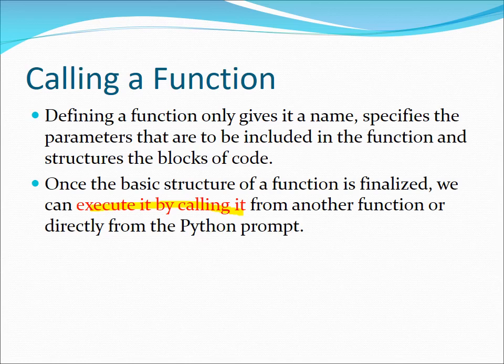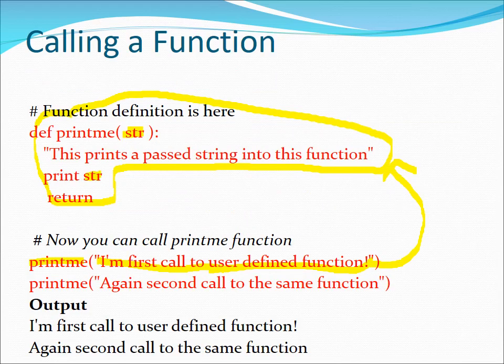So how can you call a function? Once the function is defined, we get a function name. And with the help of the function name and parameters, we are supposed to call the function. So once the basic structure of the function is finalized, we can execute it by calling. So we shall see how. Here in this example,